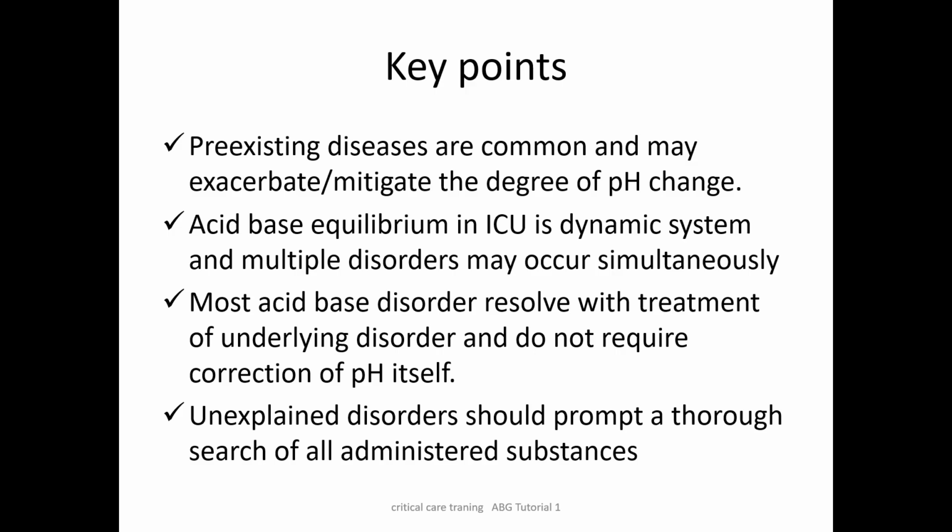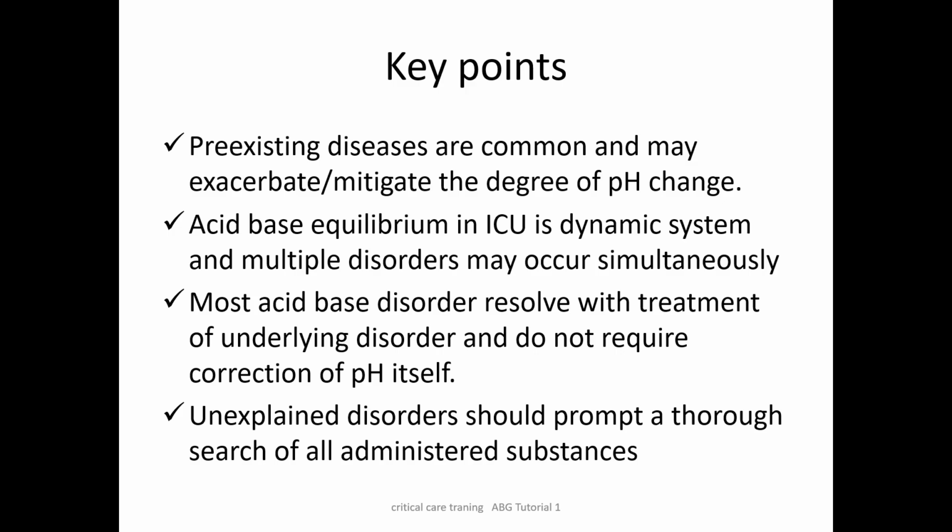We have to be very careful about pre-existing diseases, like in this condition patient has metabolic alkalosis to begin with because she was on long-term diuretic, that mitigated the degree of pH change, and that did not mask the severity of the disease condition where the patient landed in severe metabolic acidosis